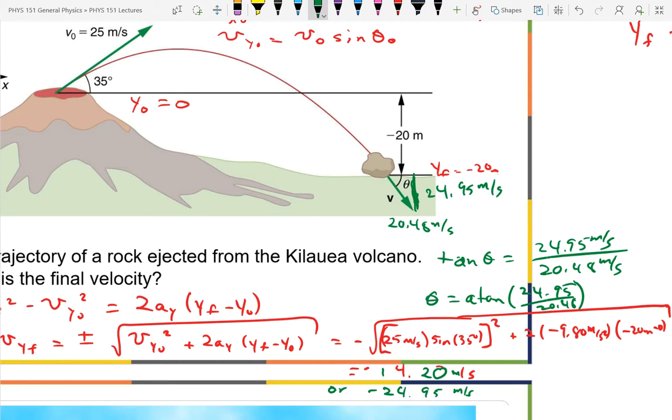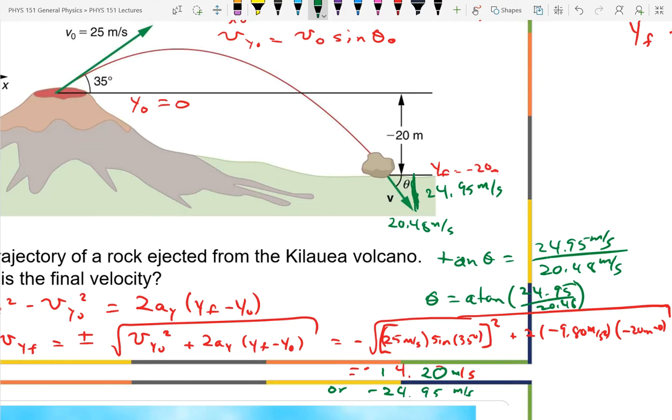Now, some things to make life a little less mysterious. When you throw that ball up, we know that its speed slows down as it goes up, speeds up as it comes back down. You have the same acceleration in the vertical direction the entire time. Because of that same vertical acceleration, you're going to have the same speed at every height. So if you're 1 meter off the ground, whether you're going up or coming down, it's going to be the same speed. I put it up here, that's about 2 meters off the ground. At 1 meter off the ground, it'll be a different speed than at 2 meters, but it'll be the same whether it's going up or down.